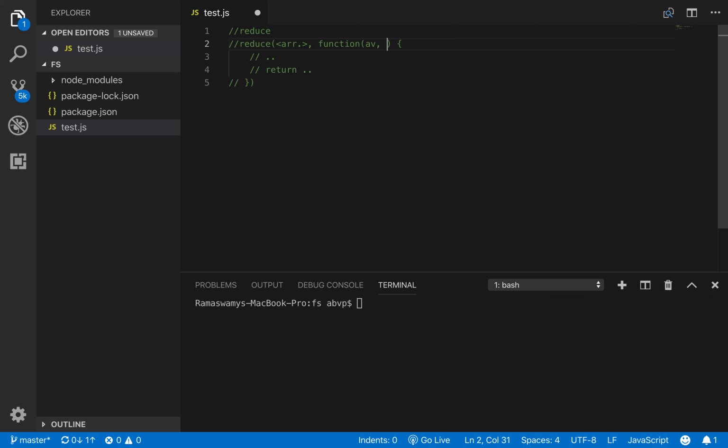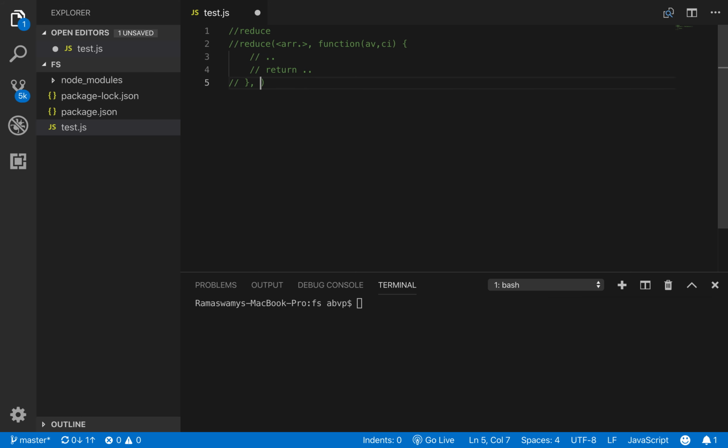And the second value is the array element, or the current array item. Let us call it CI, current item. So the value this function returns becomes the value for AV the next time this function is called.